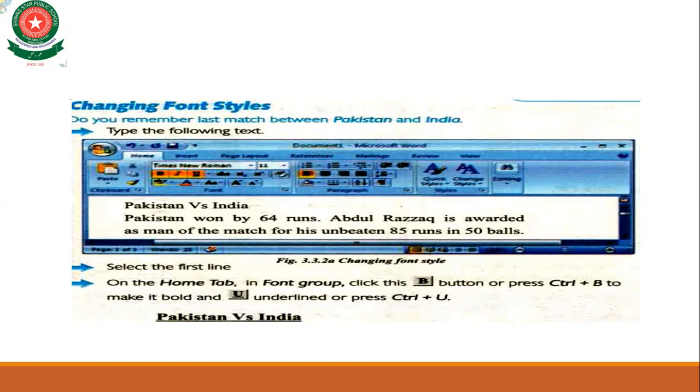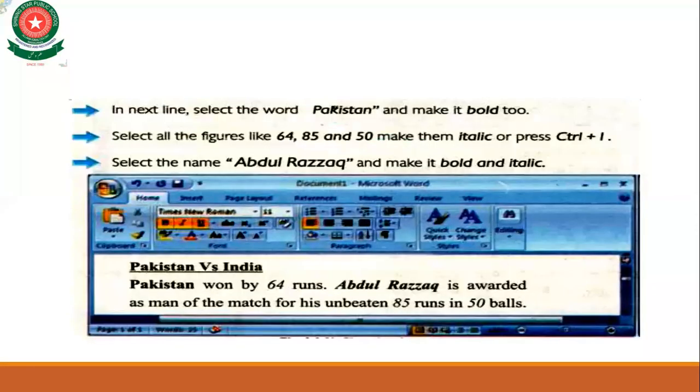Again, you have to type something like Pakistan versus India, Pakistan won by 64 runs. Then select the first line. On the Home tab, in the Font group, you can click the B button or press Ctrl plus B to make it bold, and underline or press Ctrl plus U. In the next line, select the word Pakistan and make it bold too.